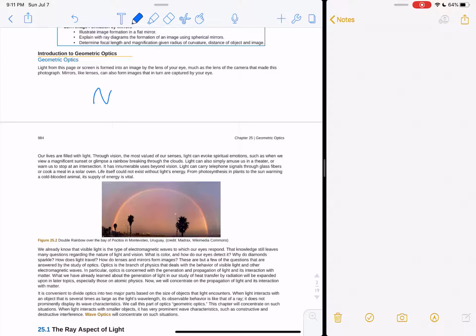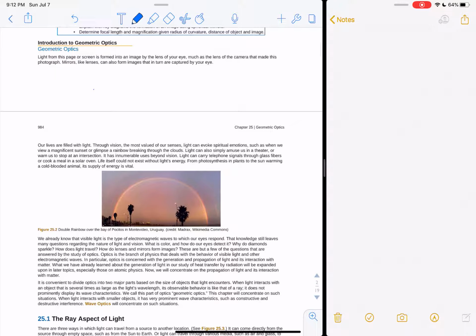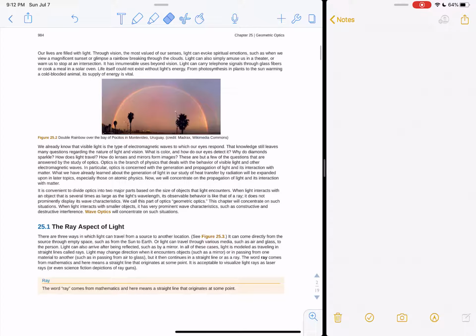you may have heard that we can treat light like a wave that has a wavelength and a frequency and an energy, and we talk about interference and superposition of waves. Well, we can also treat light as though they are individual rays when we're dealing with macro objects, because the wavelengths of light are so small that for just the propagation of light, it's simple enough to use what we call